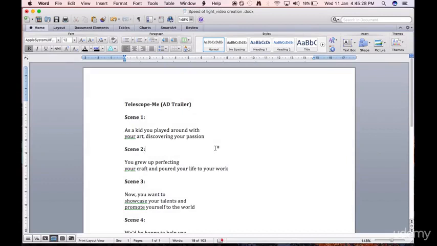Here I have a script in hand for an ad trailer for the social network which I created. It's called Telescope Me, and I want to create a video for this trailer on Biteable. Using Biteable, I need to create an ad trailer, a demo, or a video that talks about